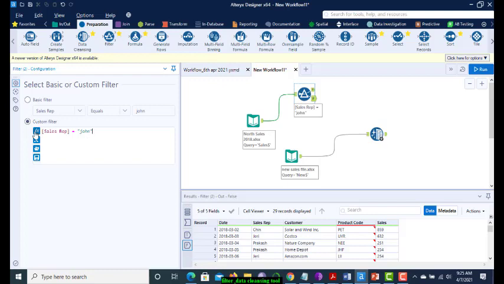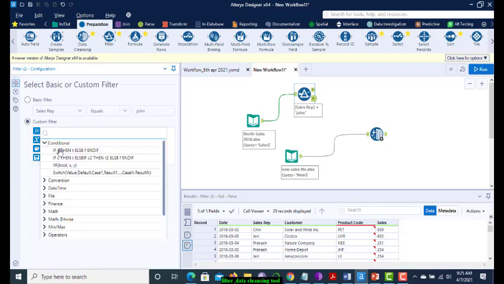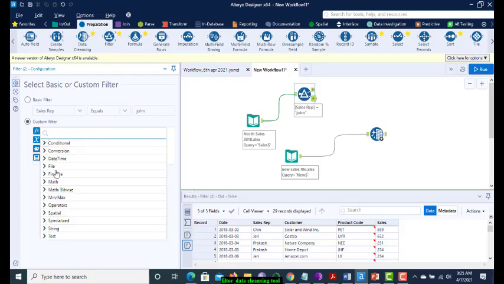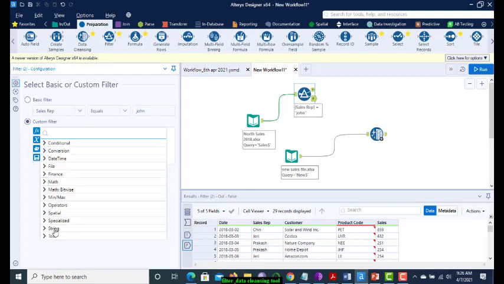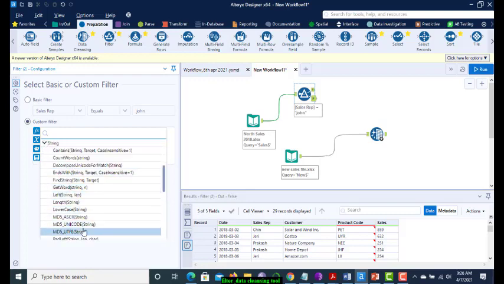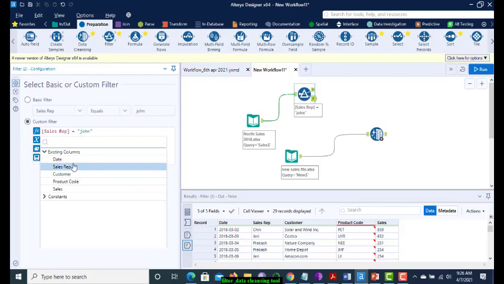Now see fx, which stands for functions. All the functions are listed here, and you can go by their category, like conditional. If you click there you get all the conditional functions and their syntaxes. Likewise math, and if you want a string function you can use that too, if you don't remember it. Then we have x, which gives the existing columns in the data set.